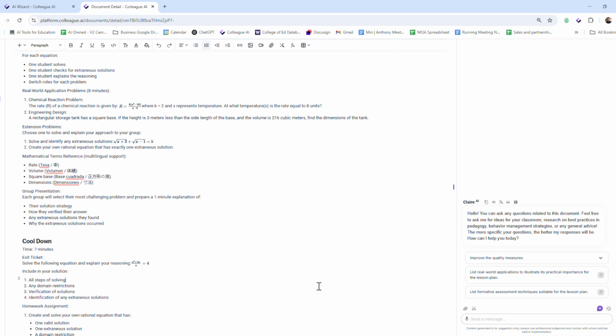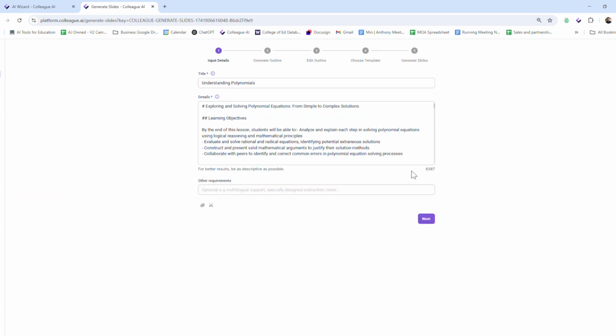The second thing, I won't go into the actual generation of it, but things that you can do straight from a lesson plan. You can have it simulate, which we'll show in a second. You can have it generate a podcast, and you can have it generate slides. So if you create this lesson plan, it's like, great, now I need to make a presentation for the students. You just click on generate slides, and it's going to take you over here. And this is a different video that we already have posted on how to do this, but you simply click on that. It's going to generate some slides for you, which is fantastic. But we're going to go back